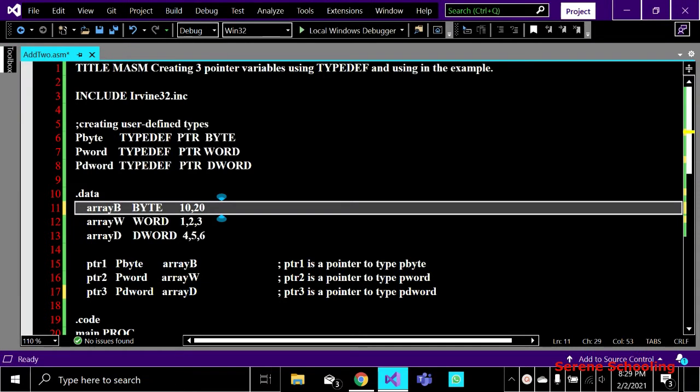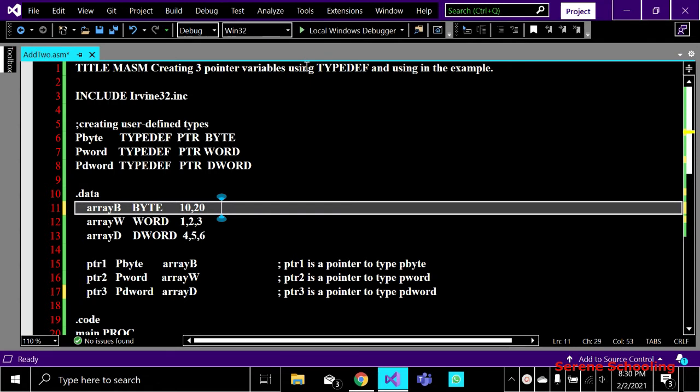Now we will see one practical code example of how to implement pointers and the typedef operator. I'm taking an example where I have to create 3 pointer variables using my own data type, that is with the help of typedef, and I will use that in this example. If you haven't seen the last lecture, you have to go there first to understand what pointers and typedef operators are, their syntax and all that. Here you will just use it.